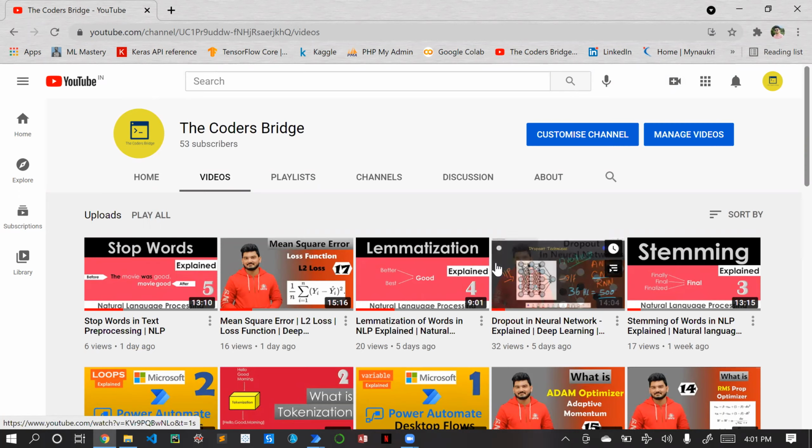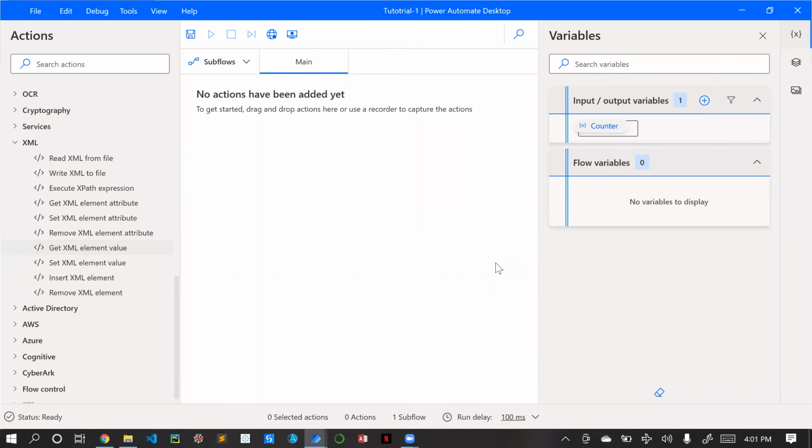Okay, so let's jump into our video. As I told before, we will be seeing about XML. So normally why is XML used? XML is used when we are working with APIs. So we are triggering some API, and the response will be in an XML format, or it may be in a JSON format. So the thing is, we need to parse that JSON or the XML file. Parsing means we will be finding the starting and ending tag, or finding in which node exactly our data is. In Power Automate terms, we can say it as an element or an attribute.